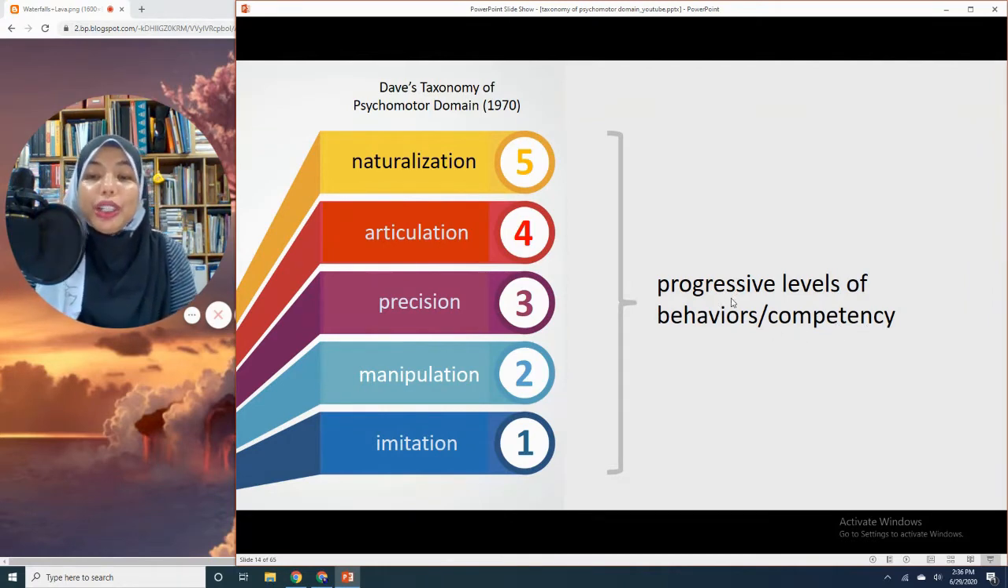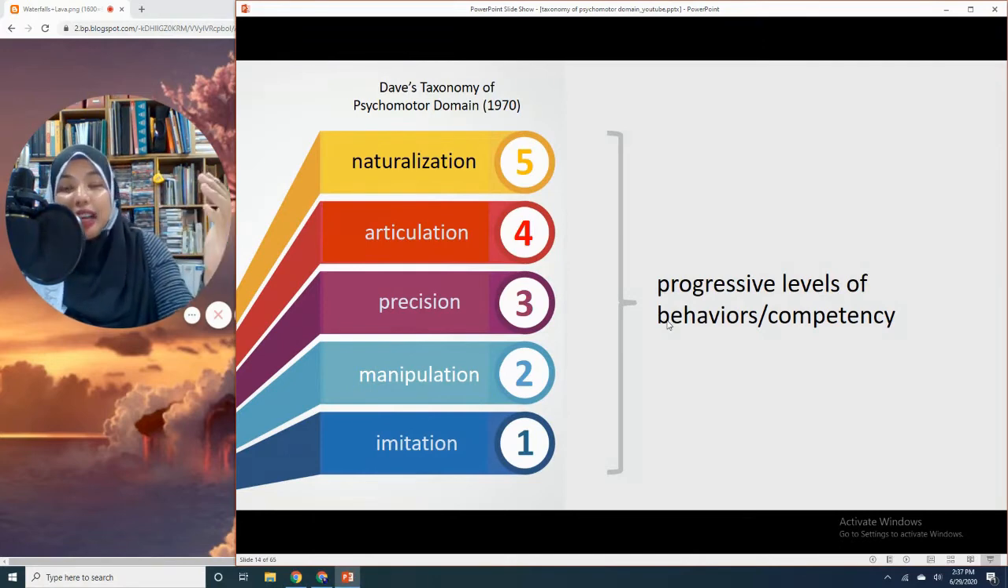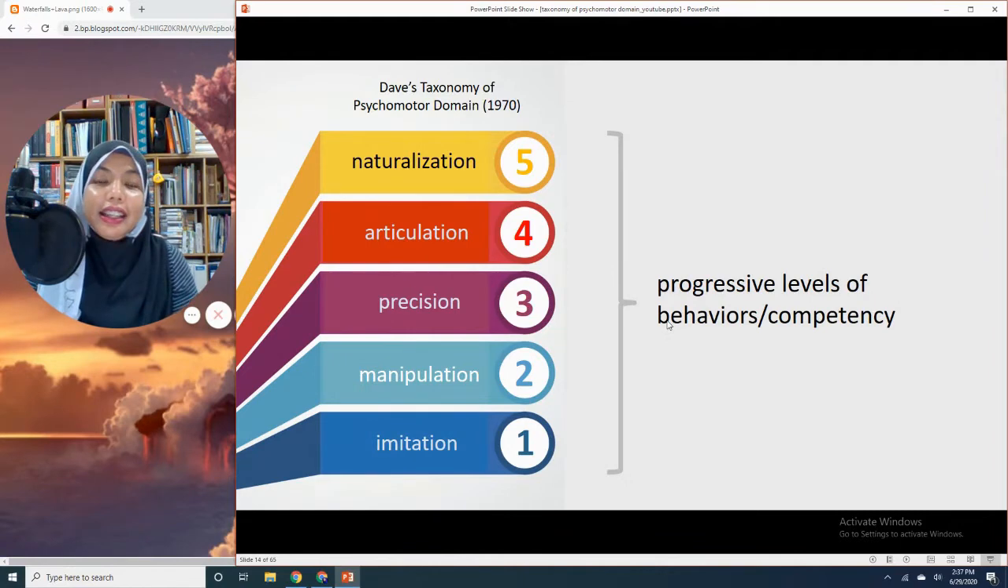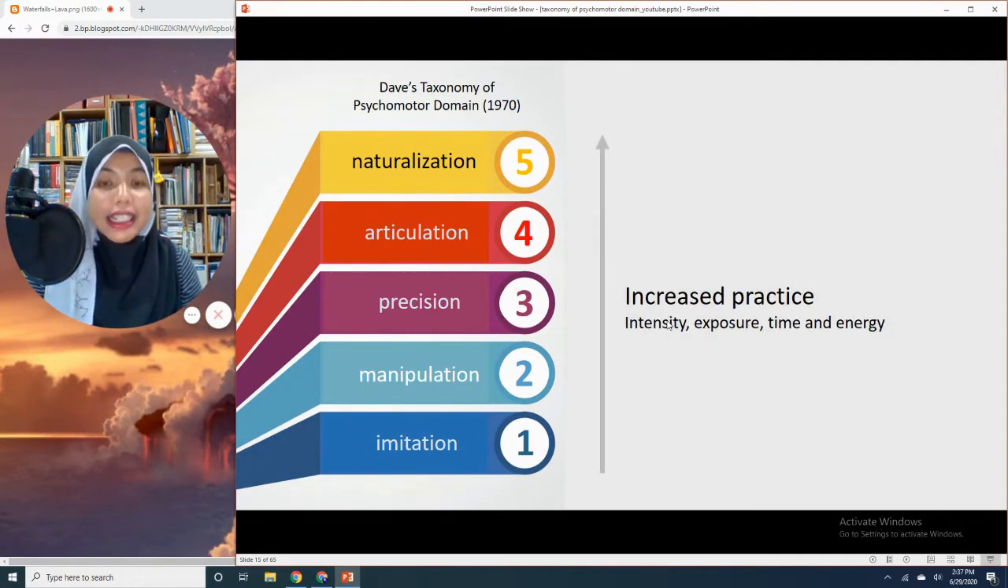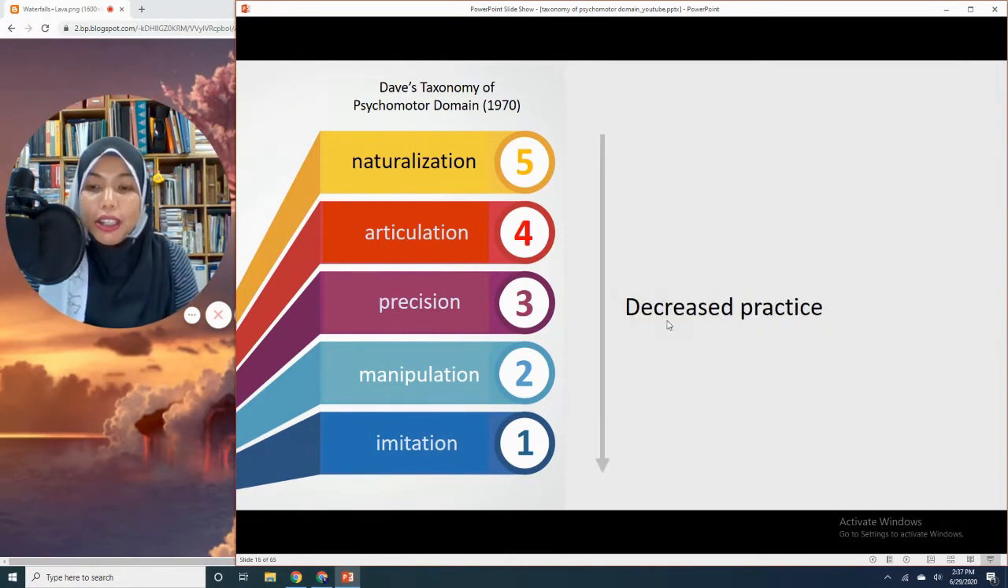And we also address them in terms of behaviors, because psychomotor learning is learning that requires action, hence behavior, right? And as we move along this level, of course, our competency increases, and this will also involve an increase in terms of